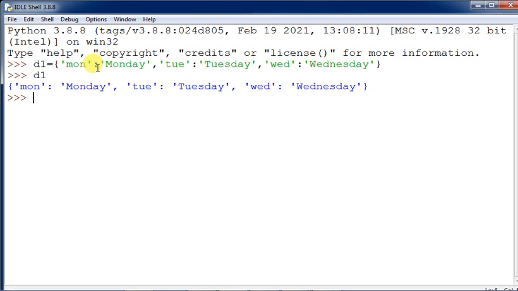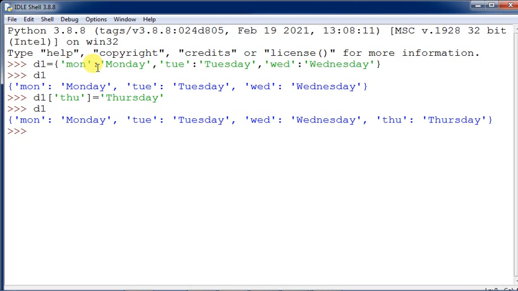Now what is happening out here? If I want to add some more values, I give d1, and then the key thu, and equals to Thursday. Then if you bring d1 once again, you will find that this key Thursday has been joined over here.